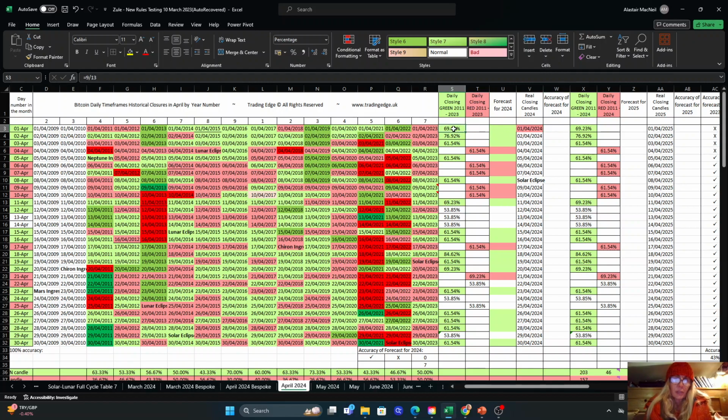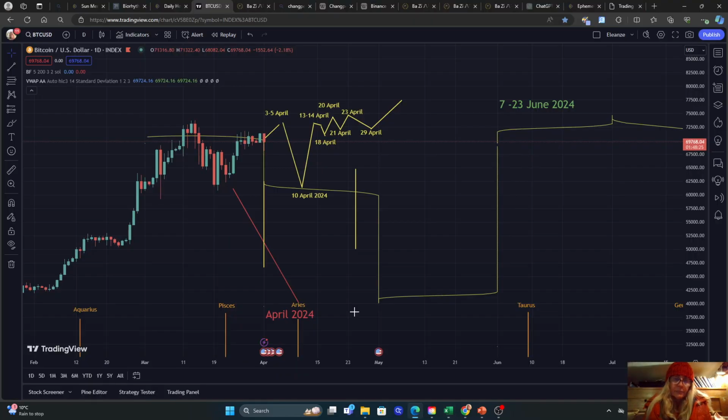So 1st of April closes on a green candle 69% of the time. Today it didn't. Whisper number one: you are not on a green trend, because this is a very significant percentage historically. There is a strong tendency that 1st of April is a bullish day, but today you didn't get it. So this is the whisper, right? So what we do is we examine the market and see what is going on here